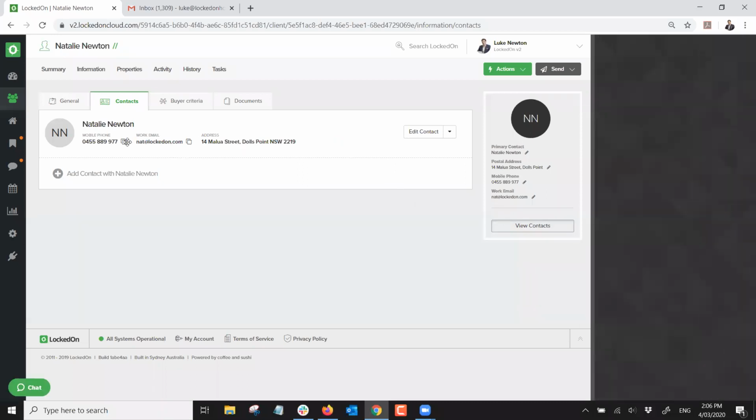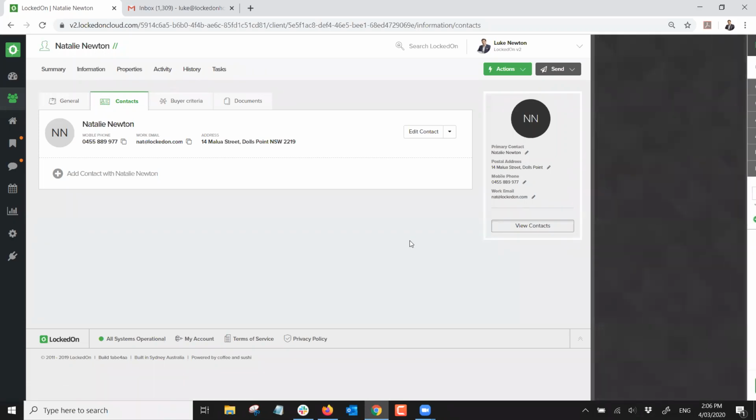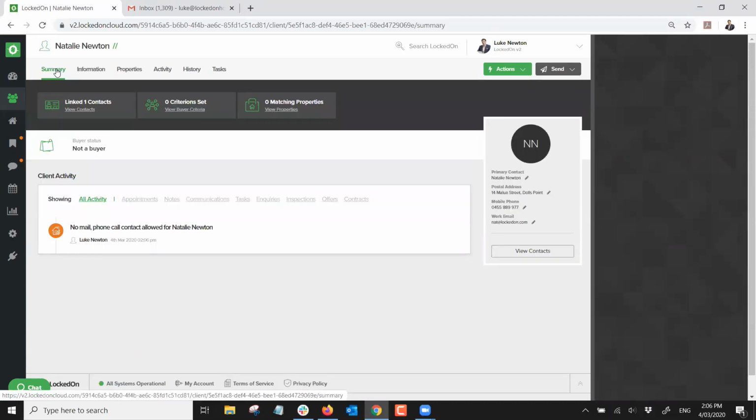If you ever need to add more numbers or emails to her, again, you can edit, go to the phone numbers area, and you might want to add in her work number. So you can do the label work and then add that and then save. Now, when you're adding in a client, just a general rule of thumb is you always work left to right. So starting at left is the summary,